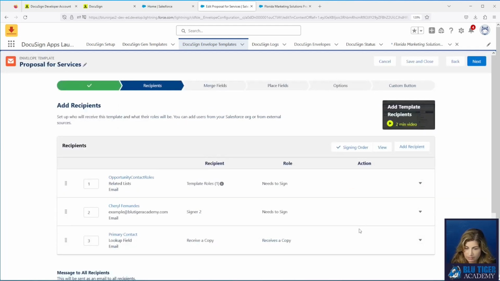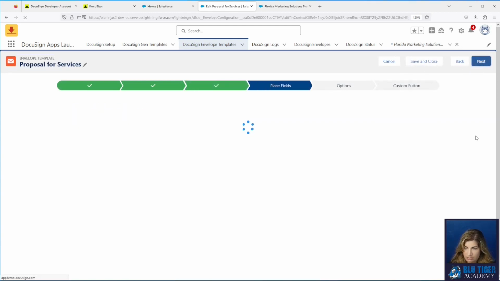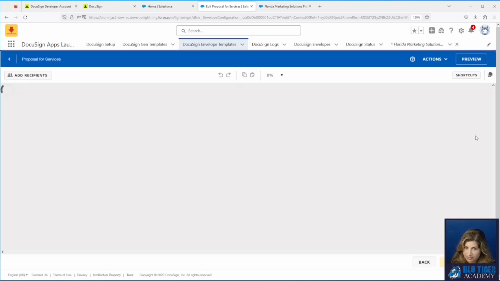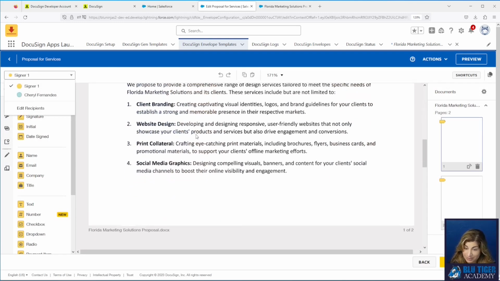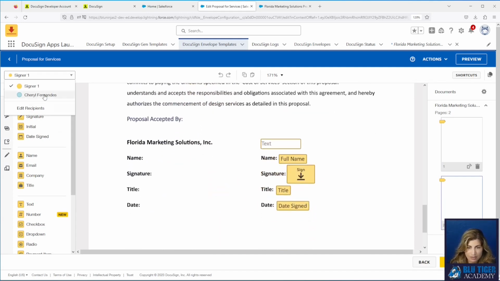We'll click add. We will click next. And then we will click next again. And then we should see our second signer. There we go. So it sometimes is buggy, but it's worth it. DocuSign's so amazing. Just be aware of that.